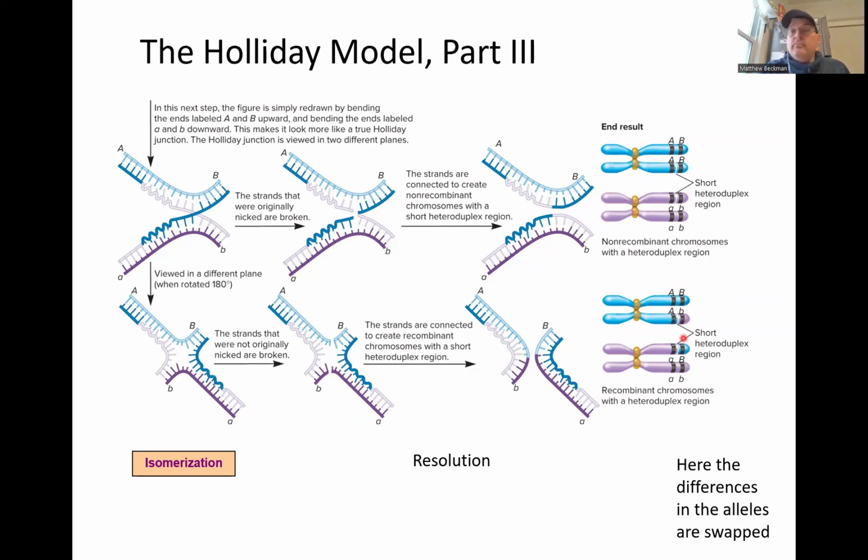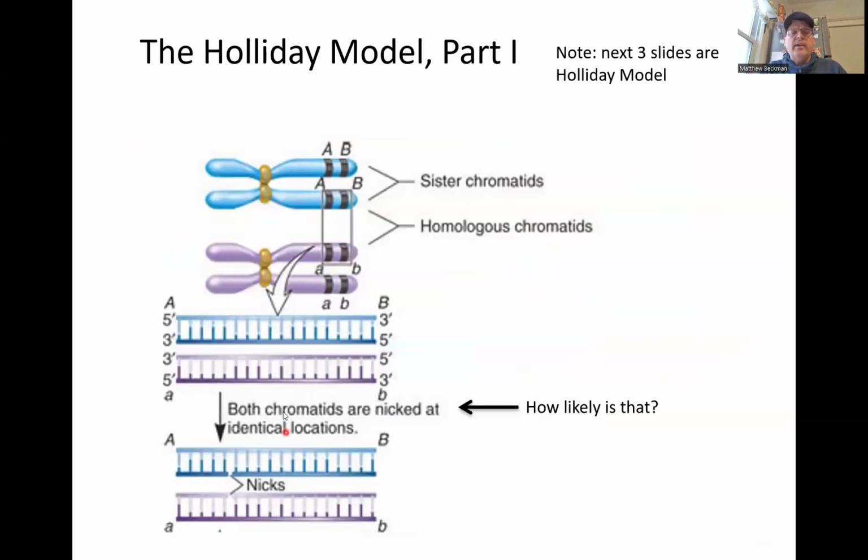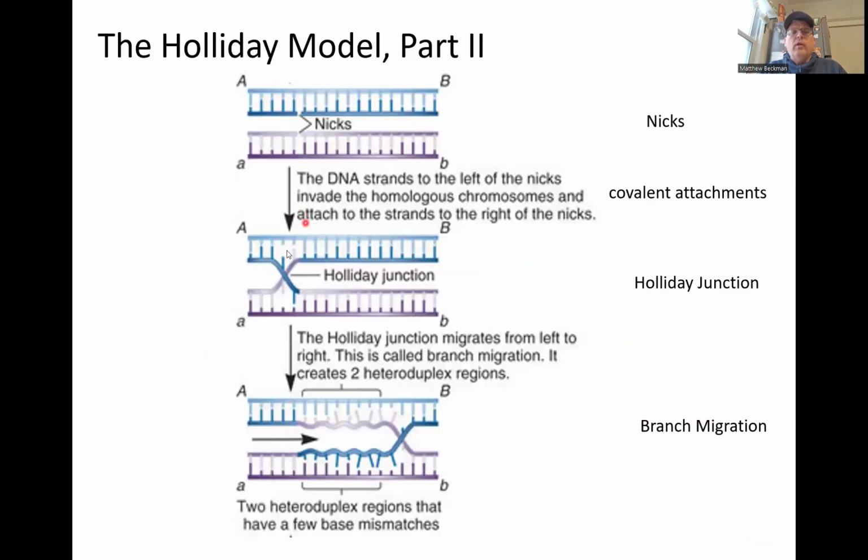We can map enzymes onto this. I'm not going into that detail in this lecture, but there is a whole system of enzymes that are known to be involved in homologous recombination. And some of those overlap with other functions in the cell, just like we've seen before. So we have to have nicking enzymes that cut the DNA. There are some enzymes that help with the strand migration, the strand invasion, if you want to call it that,